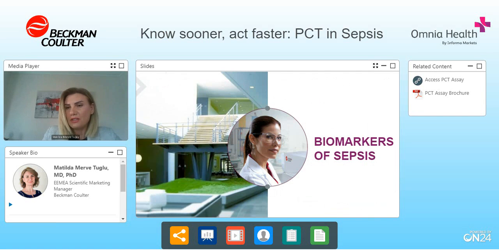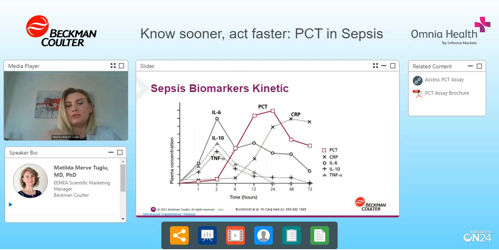As early recognition of sepsis is important, is it possible to have biomarkers that will help with it? Sepsis is fundamentally an inflammatory disease mediated by the activation of the innate immune system. It is characterized by an increasing production of inflammatory cytokines, such as tumor necrosis factor and interleukins.